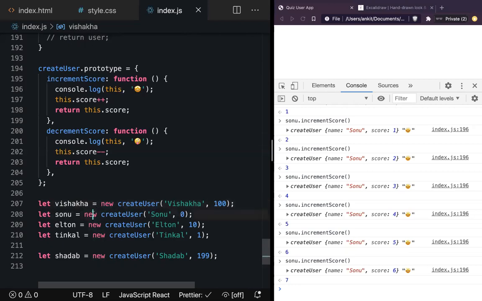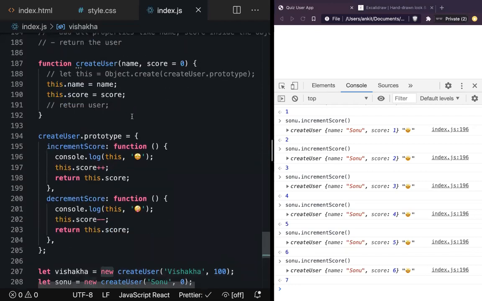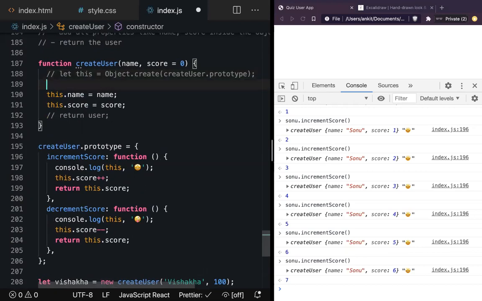So the first thing is, when we are using the new keyword in front of the function, it creates a new object. So that is the first thing new does. What does it do? It creates an object.